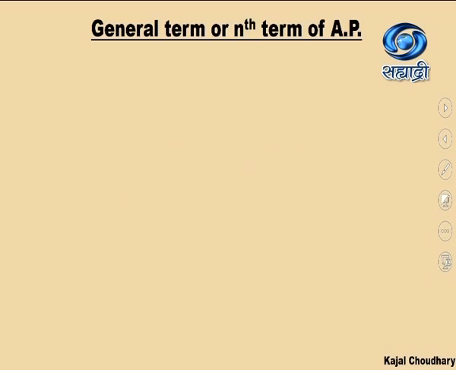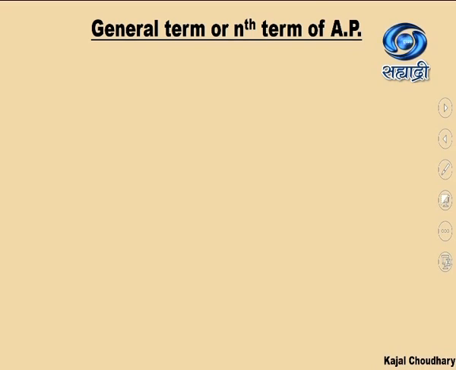Now, we will take another concept into consideration, which is the general term or the nth term of an AP. Nth term means it can be any term. I can tell you to find n is equal to 10, n is equal to 100, n is equal to 200. But when n is equal to say 3, 4, 5, it is easy to go on adding plus 1, plus 2, whatever the common difference is. We can go on adding the common difference and we can find the term.